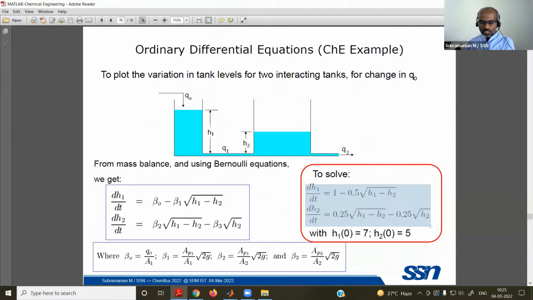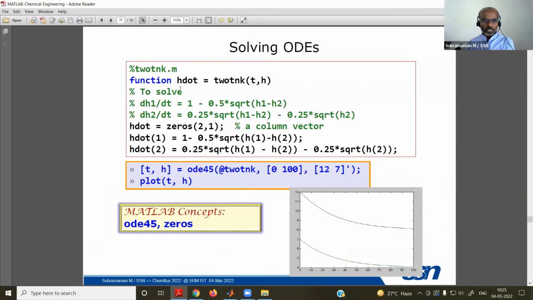These two equations are to be implemented in a function file. So I have this function file 2tank.m. I'm having this initial value for h dot, which is dh by dt, initially assigned 0, 0. Later you can change it, where h naught is h1 is 12 and h2 is 7. This input I'm giving in the function.